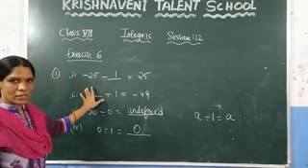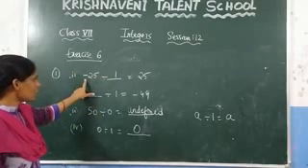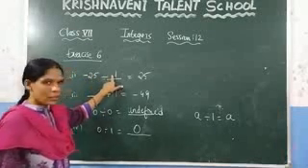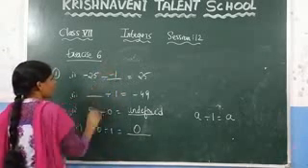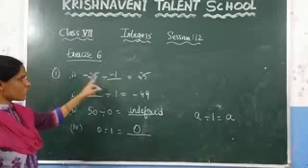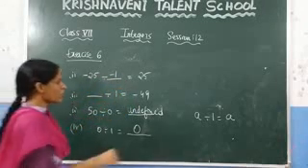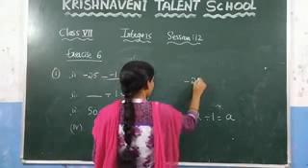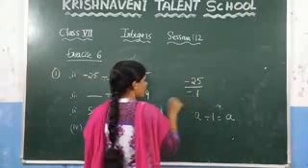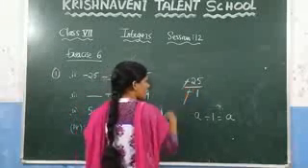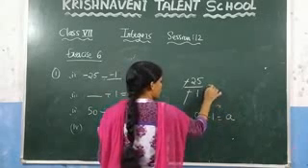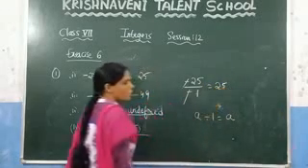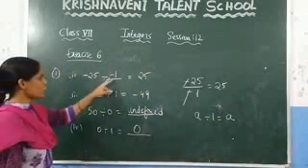Now you need to check the symbols here. Here minus is there, and here which number you need to keep it here. You know that if you divide with minus 1, this minus will get cancelled, you will get 25. So here what should be the answer here? Minus 25 divided by minus 1. Here this minus will get cancelled, and you know that A divided by 1 is always equal to A. The answer is 25.